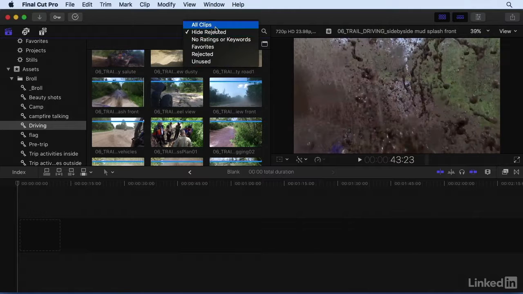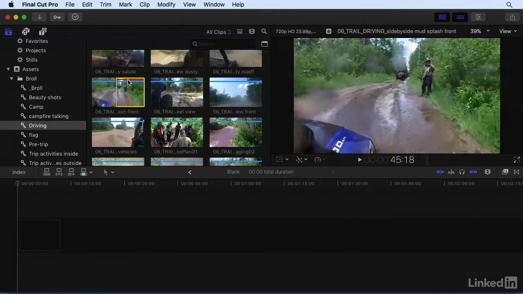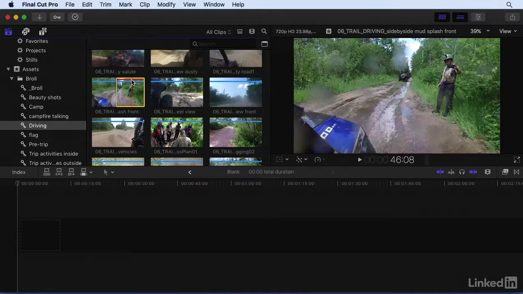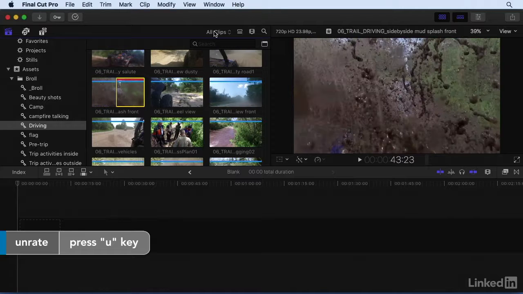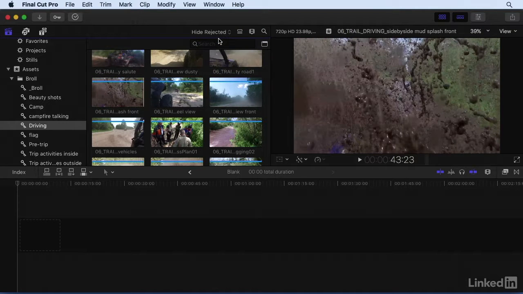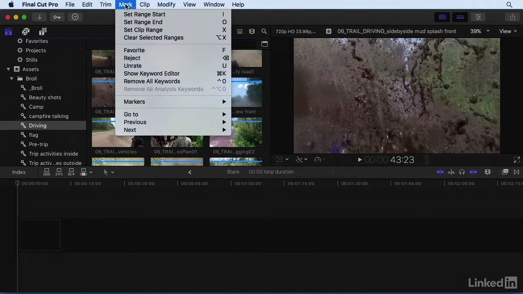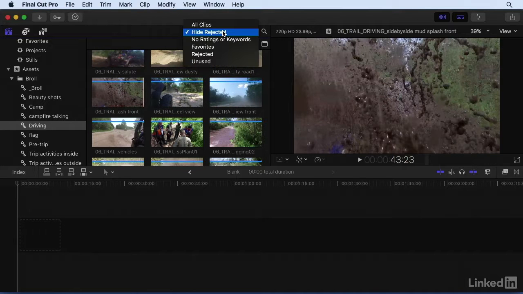If I go back to all clips, I do just want to mention I can also unrate this portion of the clip by pressing U for unrate. But I am going to reject it and then hide rejected for now. By the way, if you ever forget any of these keyboard shortcuts, you can go to Mark, and here's Favorite, Reject, and Unrate. And let's see, if I go back into this menu, we've taken a look at all clips,